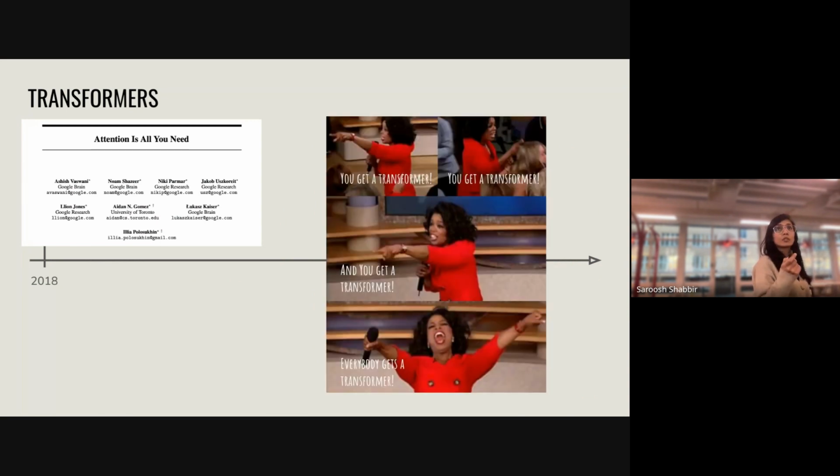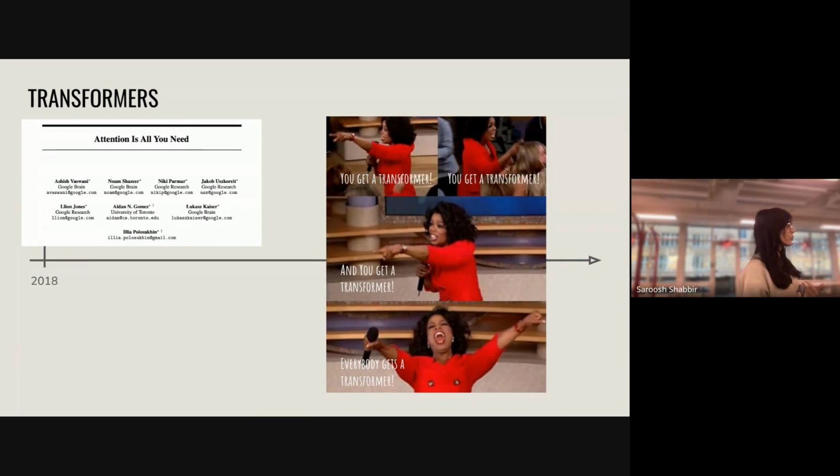What happened after 2019 was basically the transformers have been taking over. Any kind of data you want, you can pass it to a transformer to make inference. And there is good reason for that, because transformers tend to be the most generalized kind of neural networks that they can be. They don't have any inductive biases.